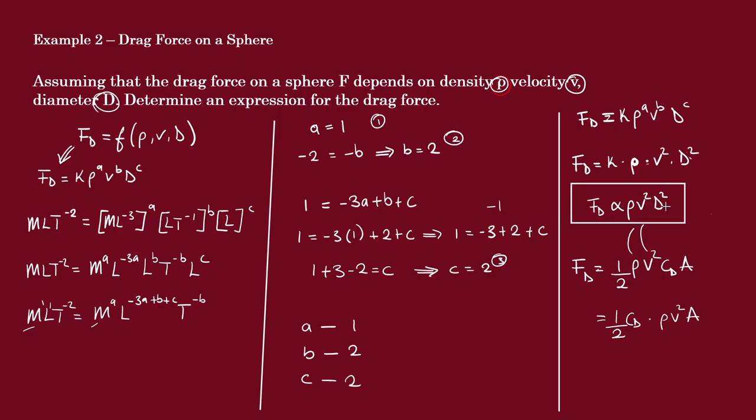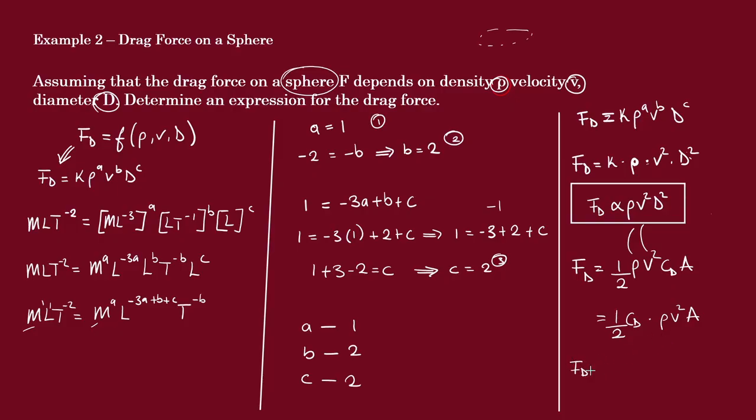So you can now ask what happens to A. So we know that A is the effective area, and when dealing with a circle, since we're doing the drag force of a sphere, the effective area that the fluid will act upon will be a circle of area pi r squared. But since we dealt with diameter in this expression, it is going to be the same as pi d squared over 4. So substituting this, just to verify that Rayleigh gave us the right answer,